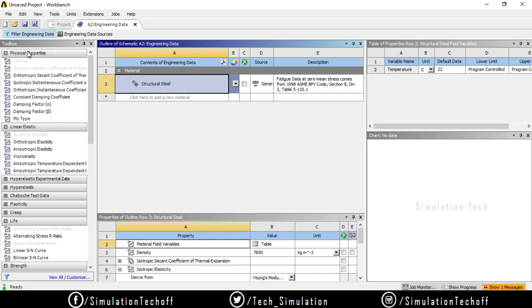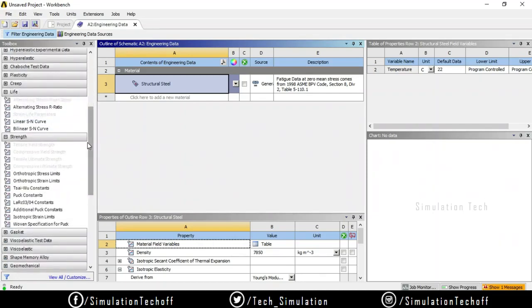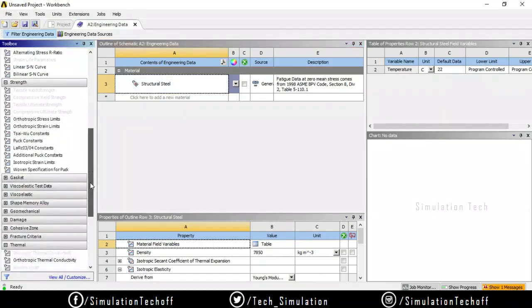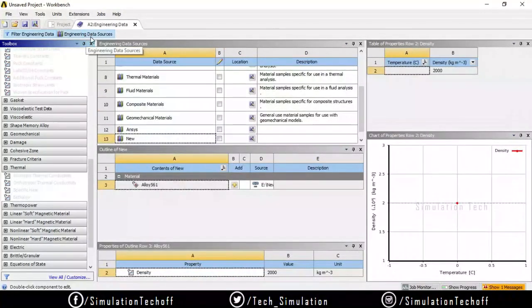From here you have material properties, density and linear elastic and strength, creep, life, and also you have the thermal properties, right? Isotropic thermal conductivity, orthotropic thermal conductivity, and the enthalpy, specific heat. So whatever the properties, you can create them from here itself, or else you can add from the engineering data sources. So that is also possible.